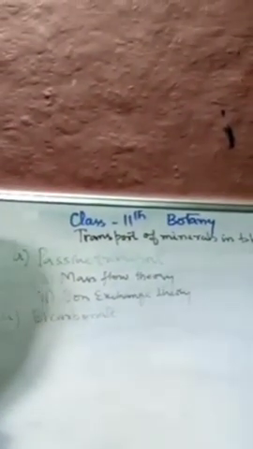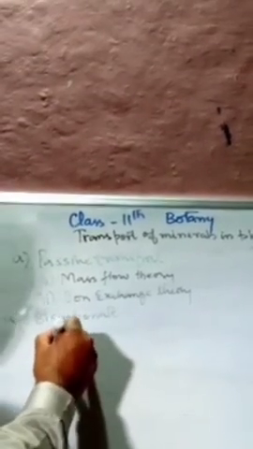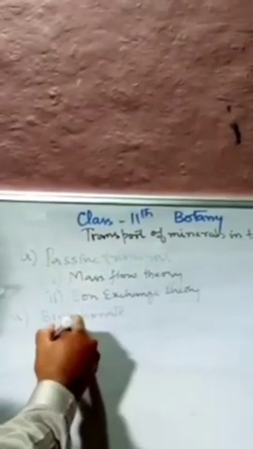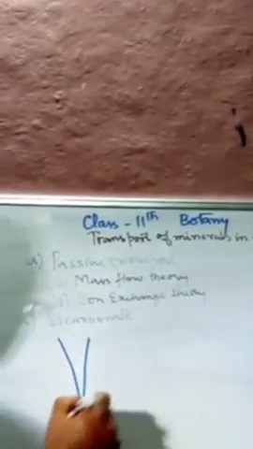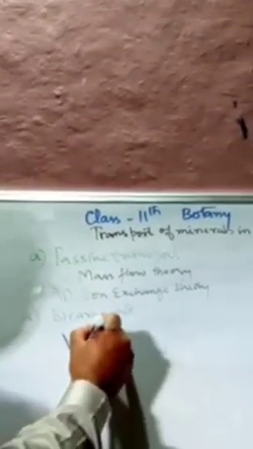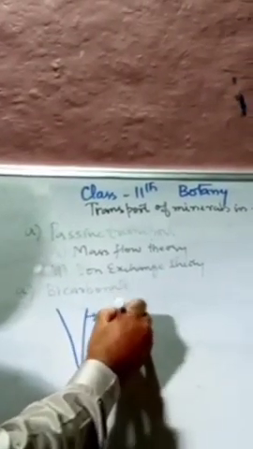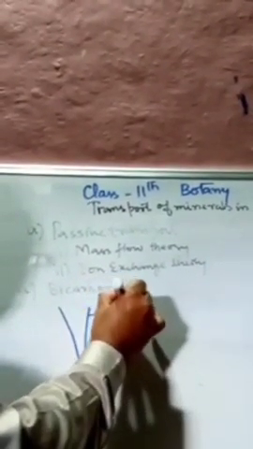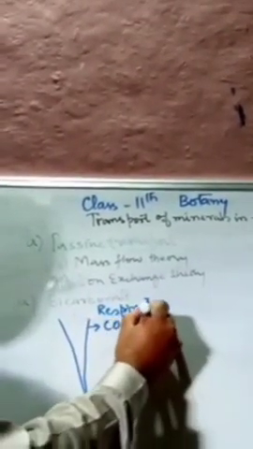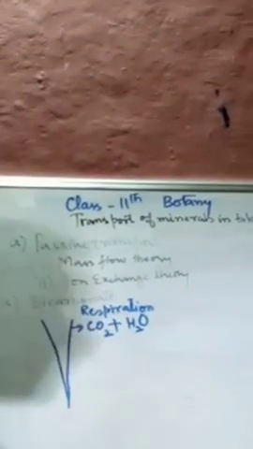Bicarbonate ion की अगर हम बात करेंगे, you will see if this is the root here, in the root the process of respiration takes place, and carbon dioxide is evolved. During the process of respiration, carbon dioxide is evolved, and this carbon dioxide combines with the water which is present within the soil spaces, and when they combine together, they form carbonic acid.